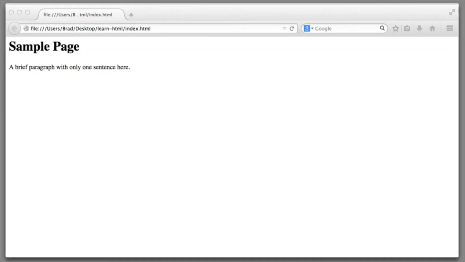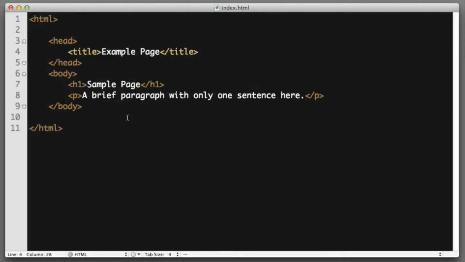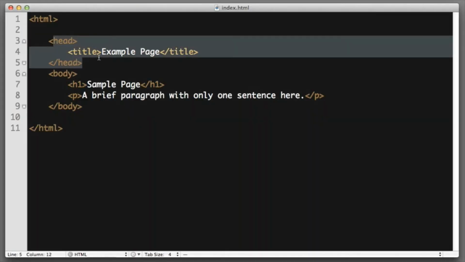So now if I save, and if I go back to my browser, I want you to pay attention to the tab label for this page. If I refresh, you can see it then says example page. So the title of your document, the title of your page is very important, and things like that go in the head element. Another example of something that we would include in the head element is the character encoding information,